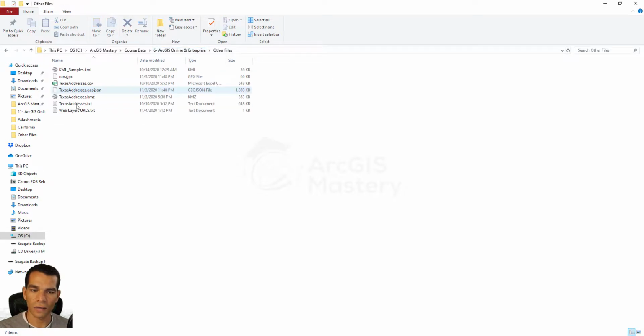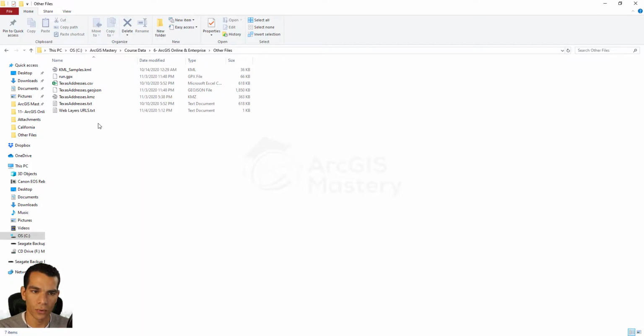And here, other files, we have KML, we have GPX, we have CSV. You cannot upload GPX, you can add a KMZ and you can add a CSV, and we cannot add text. So there are some items that we cannot upload as an item, and some items we can upload without zipping them. But at any time, if you want to add any kind of item, images, documents, any kind of files, even a geodatabase, you can zip it and upload it as a zip file,